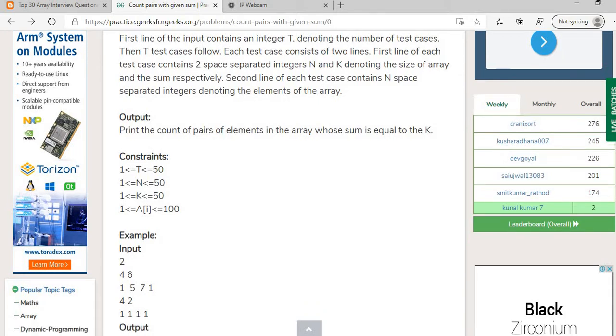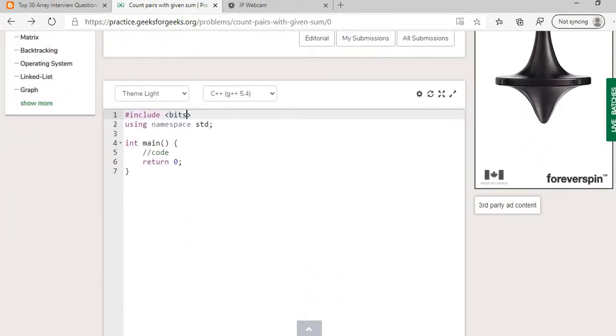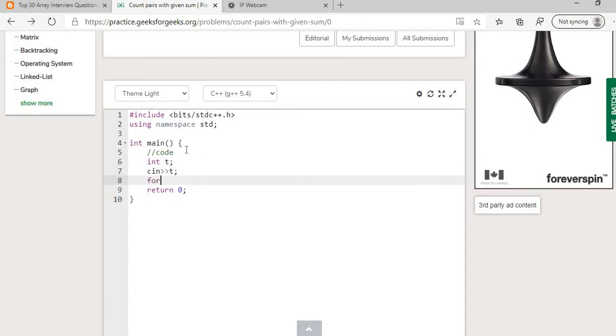Second line, n space separated integers. Now for the t number of test cases, cin t, making a test case loop: for int a0 equal to 0, a0 smaller than t, a0 plus plus. So t test cases. For each test case we have n and k. Let us take it as sum.